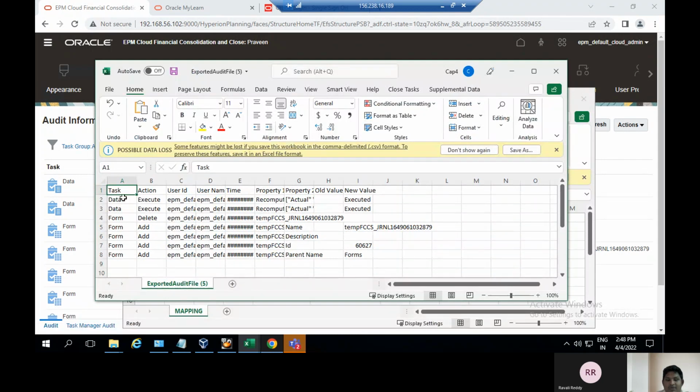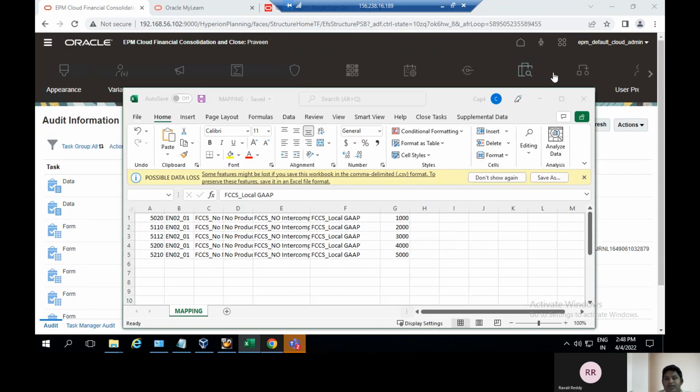How will you perform the audit task? Here it is visible: the action, user ID, username, time, property, and old value and new value. It displays the exported audit data information. Click on cancel,